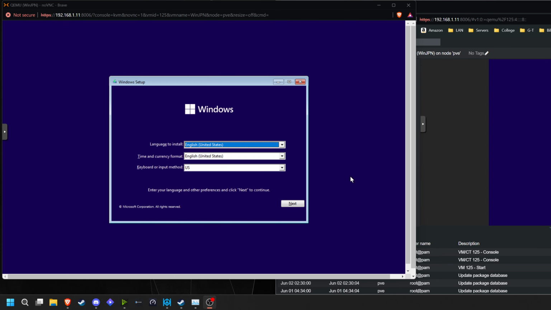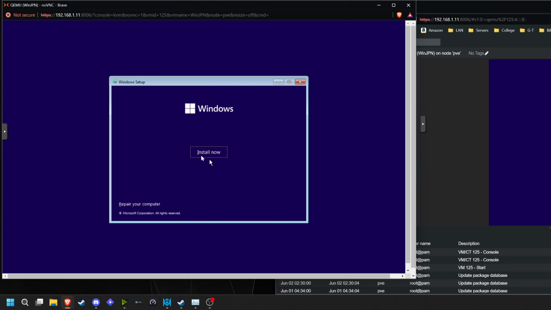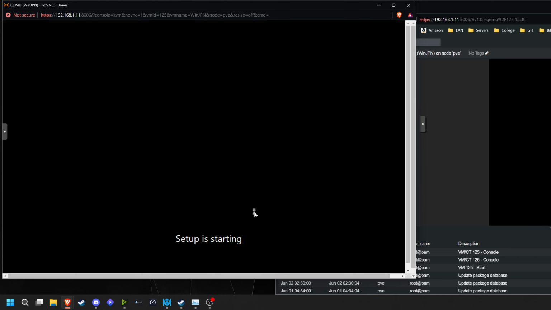All right, this is going to be a simple tutorial that I'm using through my Proxmox virtual machine stuff to try to show you how to wipe all partitions from Windows before you start installing the actual Windows operating system. So you go here, you hit next, you hit install now, you let it start,